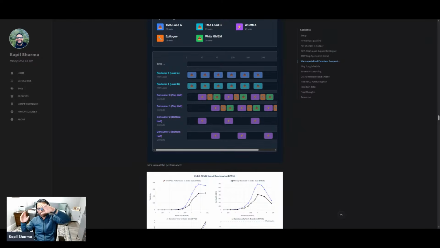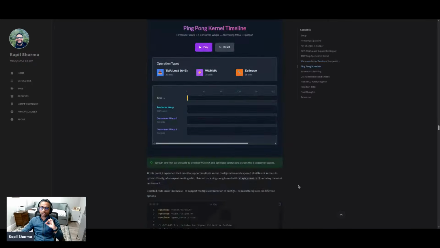So yes, you can split it along the m dimension and then combine it later in the epilogue. But what that does is essentially you would be waiting for that combine, or your gather operation, that you need to do across the two. So you won't be using your tensor cores during that time. So essentially, the ping pong schedule just provides you with a way of going